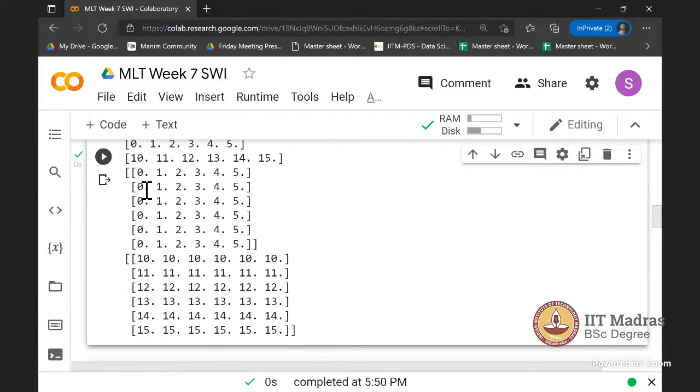So think about it this way also. Let's say for the first row of points, the X coordinates are 0, 1, 2, 3, 4, 5, and the corresponding Y coordinate is 10. So that is your lowest row, right? The next row of points has X coordinates 0 to 5, and the Y coordinates are 11. That is your next row. Similarly, we can imagine this for every row in the data set